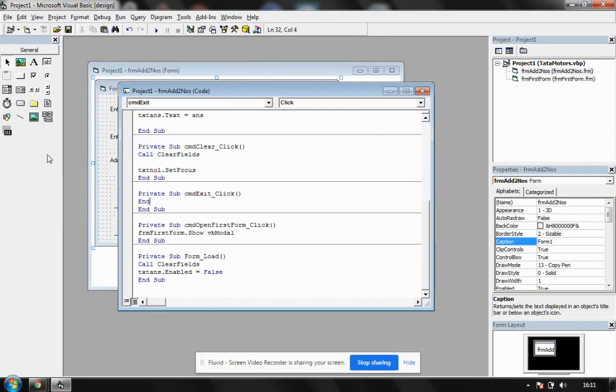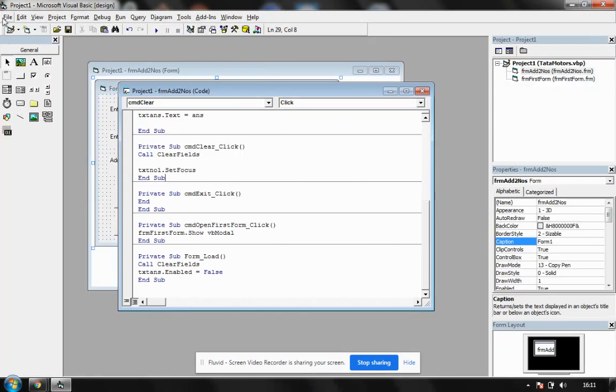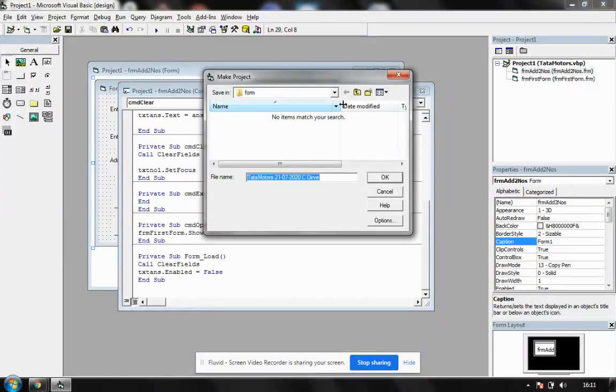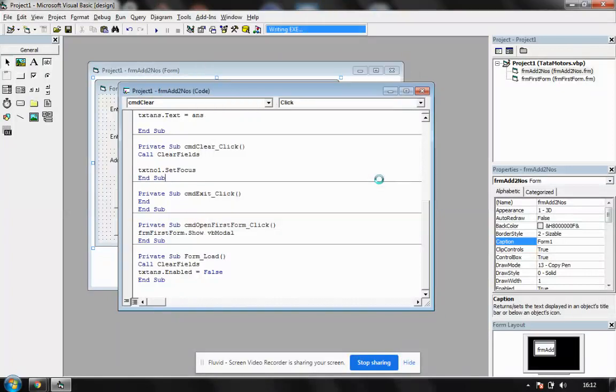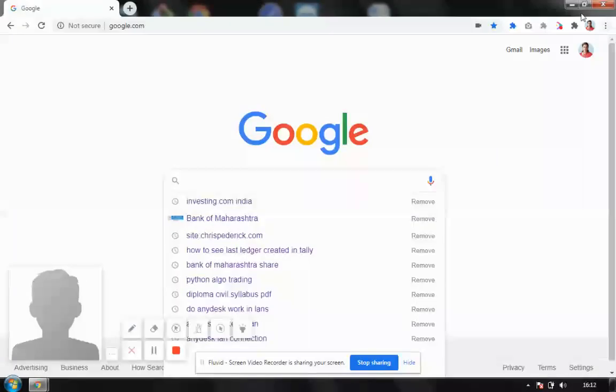I'm exiting it. Now how are we going to create the exe of this? So again, going to file. First press Ctrl F5 to compile everything. Once it is properly compiled, go into file, say make exe, and this time we are going to save our data into the exe folder. My last file was done on 22nd. I'm changing this to another name. It's 26 today, so I'll be renaming it 26. I'm just creating this exe. I'm compiling it, and now it is closed. I'm saving and closing the program.